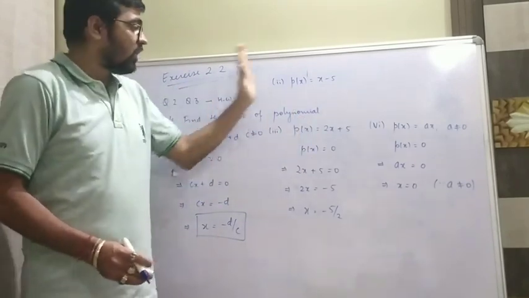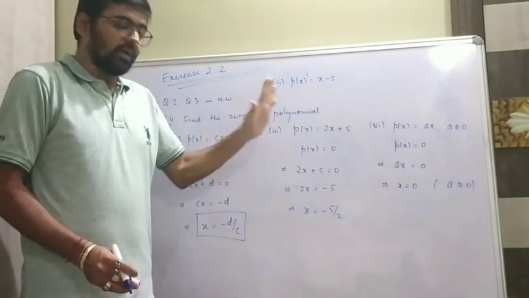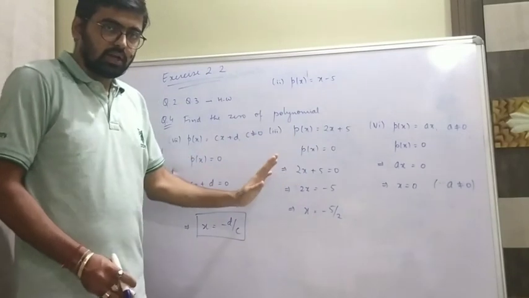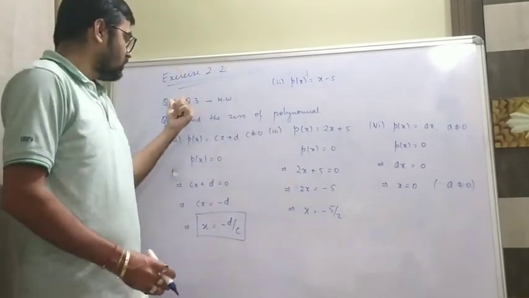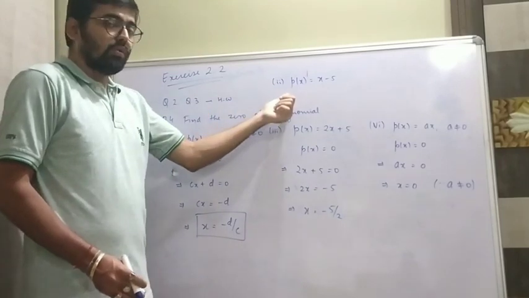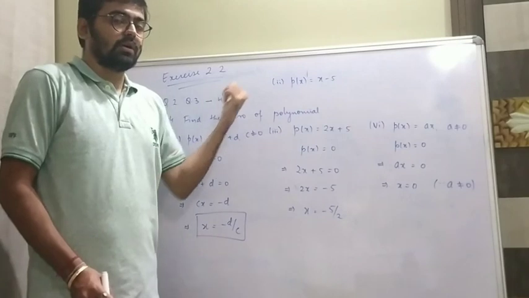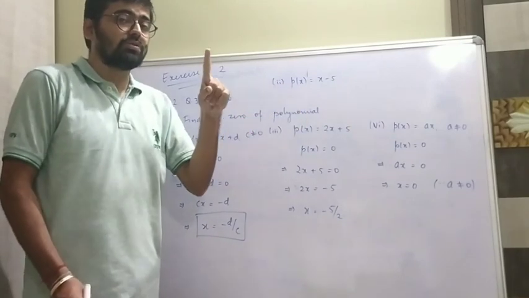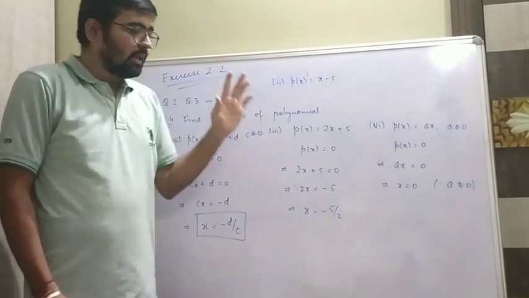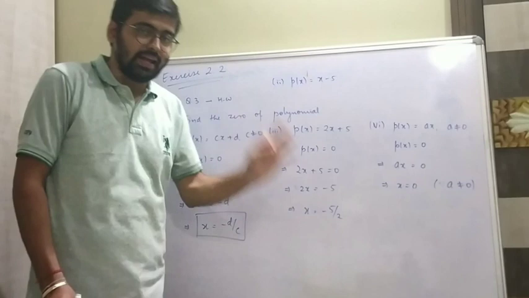Simple. That's where your exercise ends and our today's video as well. Are you getting it? So please do practice whatever I have given you to do. Question number 2 and 3 are homework. Also the remaining problems of question number 4, and that particular x equals 2, by replacing that in the given polynomial of question number 1. Simple. That's what you have to do. That's where this topic of zero of a polynomial ends.